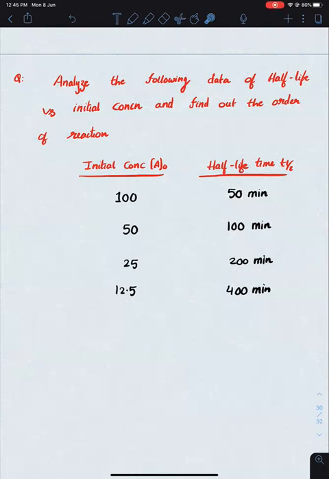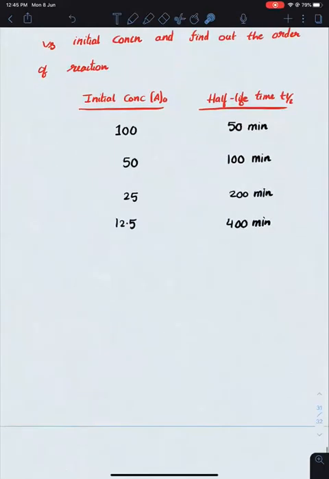Now most of the times हमारे सिलेबस में फर्स्ट ऑर्डर है, सेकंड ऑर्डर है, जीरो ऑर्डर है, इनके ऊपर क्वेश्चन आएगा. अगर आप लोग को बहुत ज्यादा कंफ्यूज करके बहुत ज्यादा मेहनत करवाना है तो they will give you some other order. Okay, but always first check for zero order, first order and second order. So second order. सेकंड ऑर्डर होगा ये, हाँ सर, सेकंड, because if you can observe T half into A naught, this is coming to be a constant which is valid for second order.